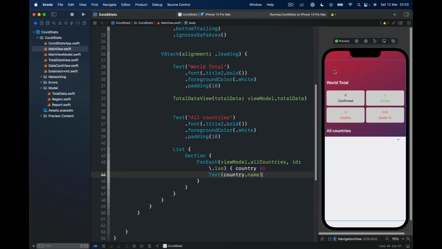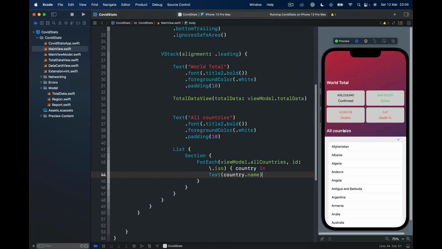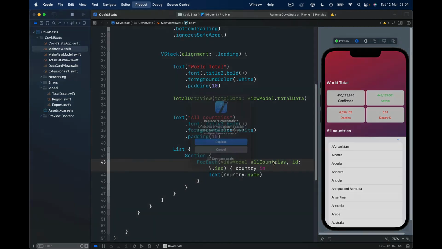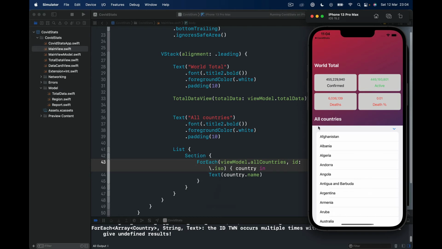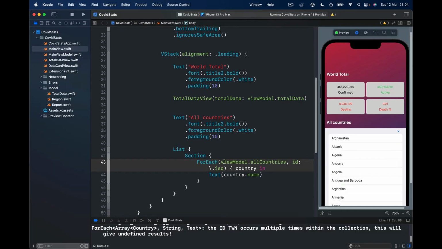So if I resume, and I think if I click on a run button here, yeah, we are getting all the countries here, and I can actually scroll through them. And as you can see, they are in alphabetical order. But our view, let me actually run it on our device so you can see how our list looks like. So we have this area, but our cells are much smaller, and then we can close or open it. This is not the view we would like to have for our list. So